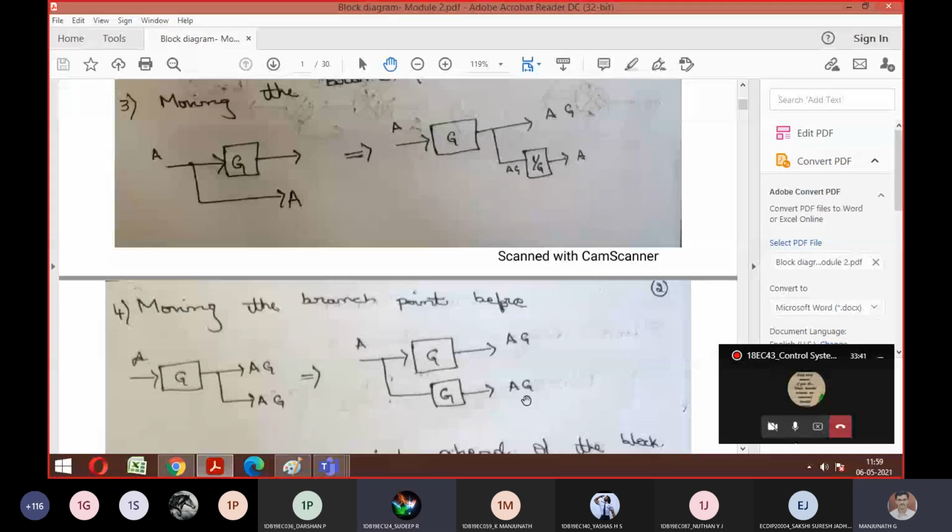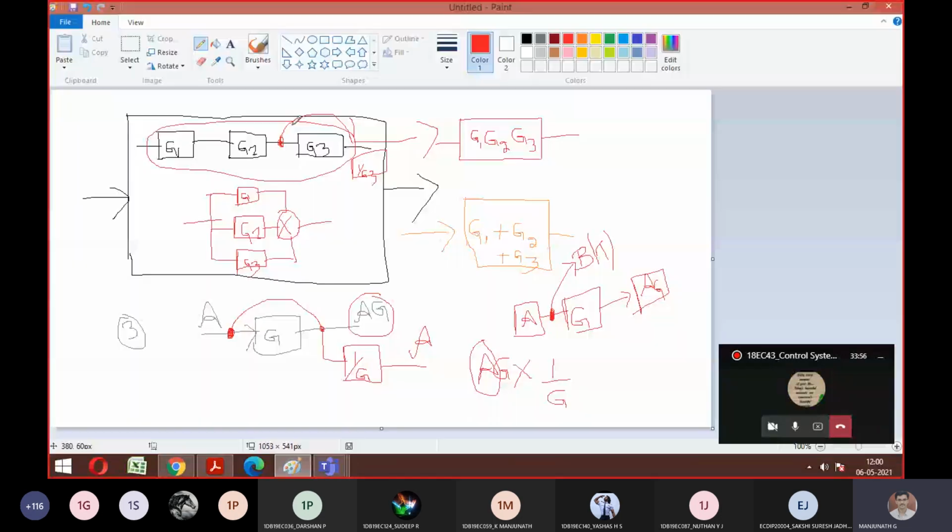Is it clear, everyone? Yes, sir. So you just have an idea of when you should apply what. Depending upon the problem, you should decide. Now in the first category, we have moved this here. Assume that a case may occur where I have to reduce a block. Let me show one simple example here.